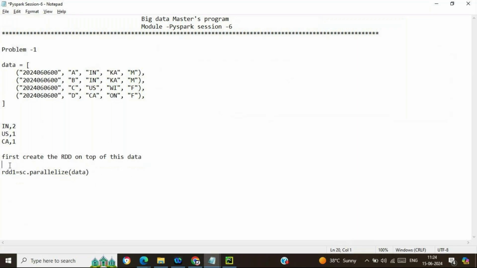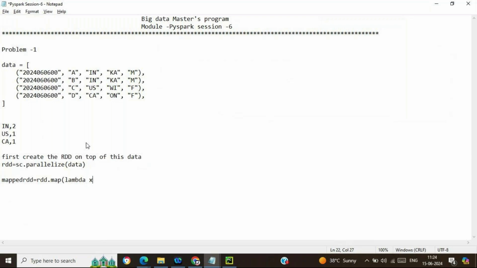So, mapped RDD: it will take this RDD and apply the map transformation, lambda x.